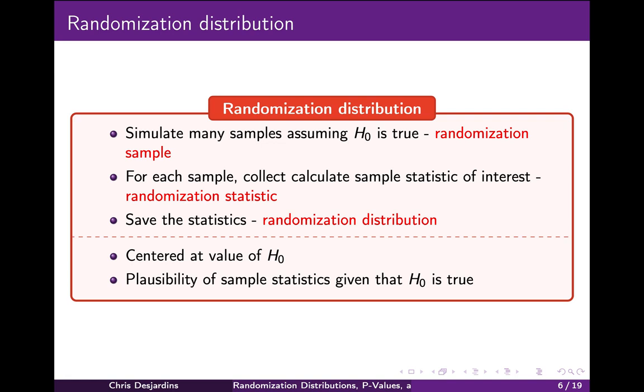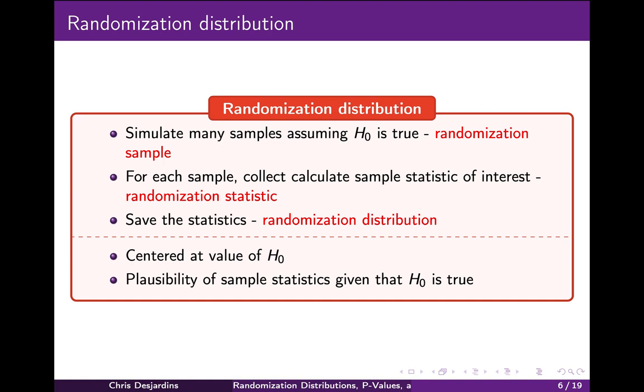So how do we create a randomization distribution? Well, first, we need to simulate at least 10,000 samples, assuming that the null hypothesis is true. Second, for each sample, we need to calculate the statistic of interest. In this case, it is the proportion of all patients who had a colon polyp removed during a colonoscopy that died of colon cancer. This would be the randomization sample proportion. We then save these statistics to create a